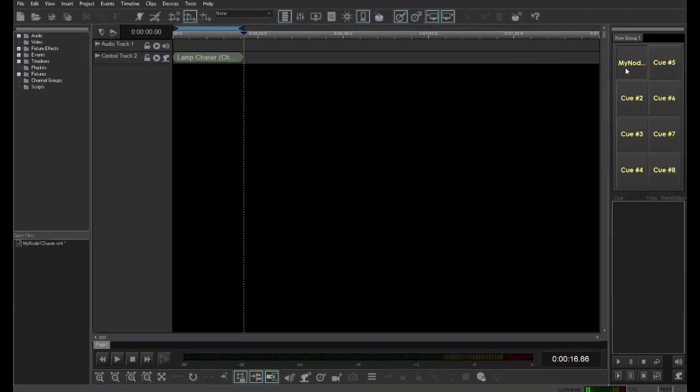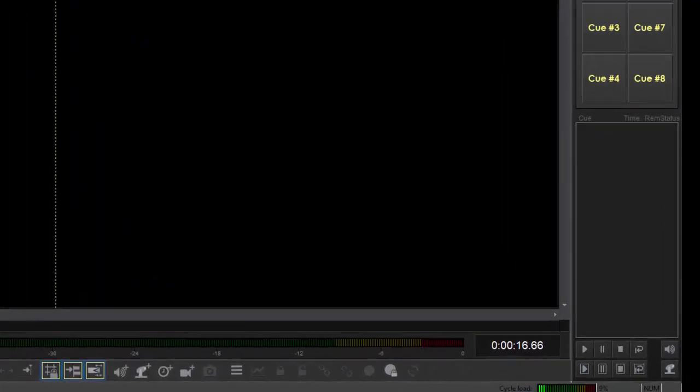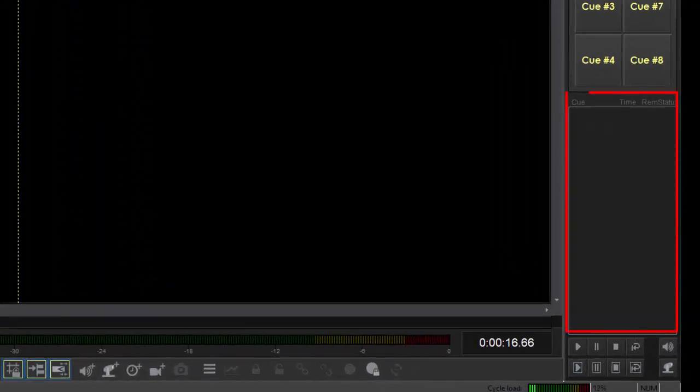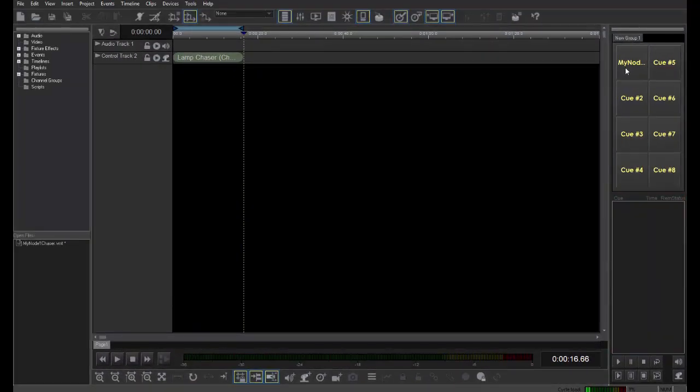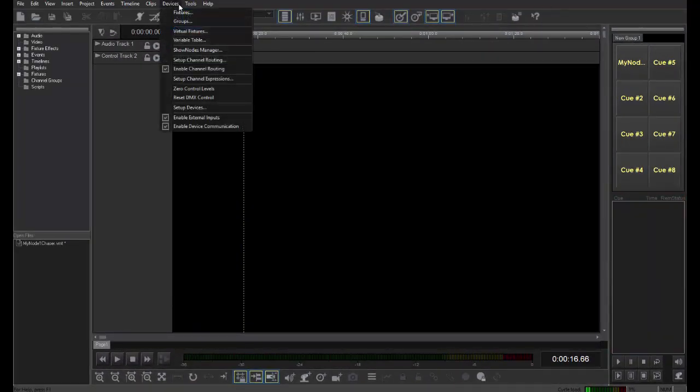Then click on the Q button. Notice that the timeline is playing on the node. If you don't believe me, look at the VenueMagick queue list. There's nothing on it. If you still don't believe me, let's reopen the ShowNodes Manager window,